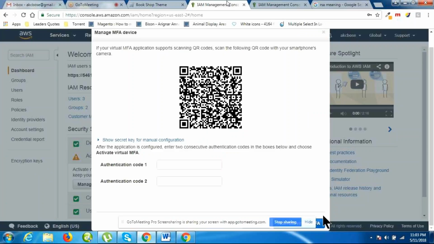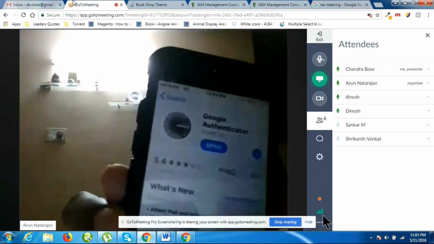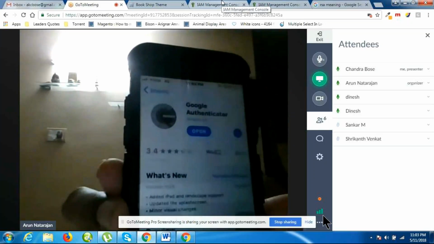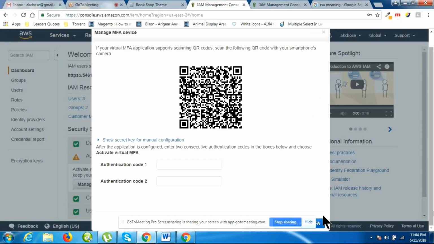If you want to see the app, I can show you on my screen. So this is the Google Authenticator app. I have added it. Okay, I scanned this barcode. I got a 6-digit number.